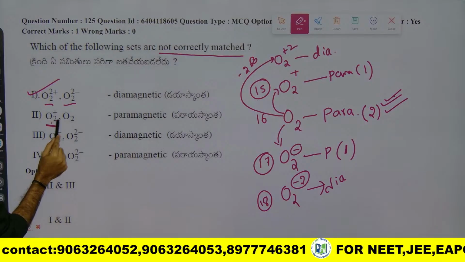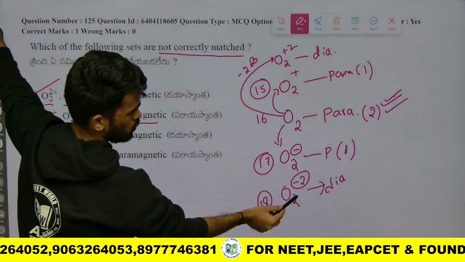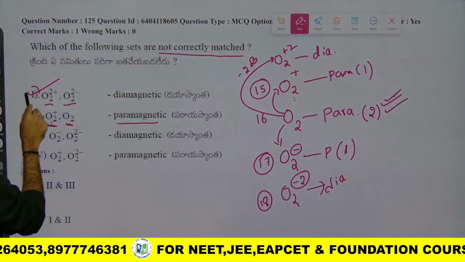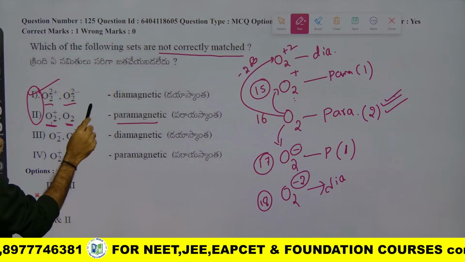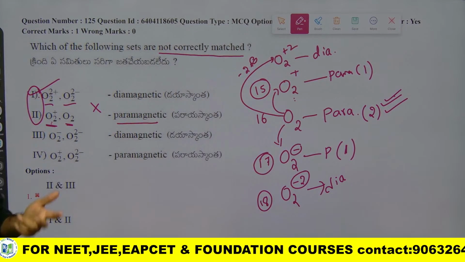O2 plus and O2. What is this? This is paramagnetic. O2 is para, O2 plus is also para. This is also correctly matched. Both are correctly matched, so we need not tick this because they are asking about not correctly matched. Next,